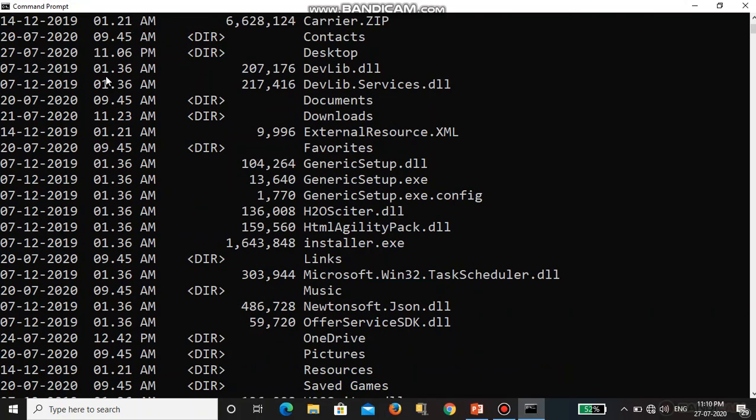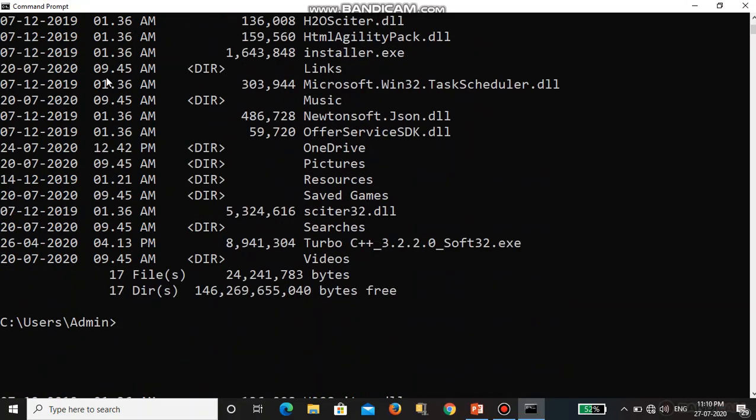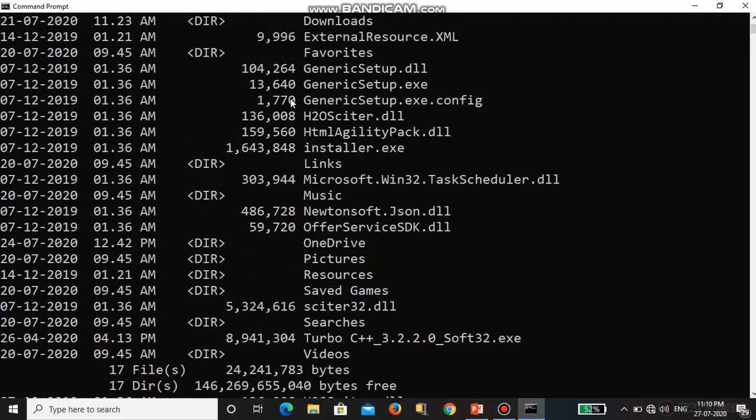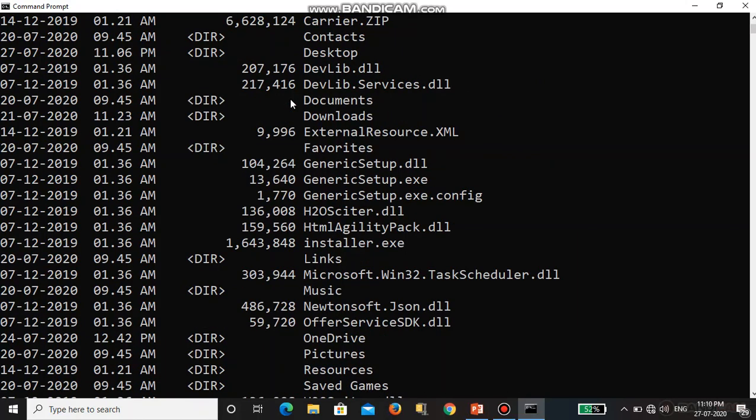First thing is I'm getting the desktop location.